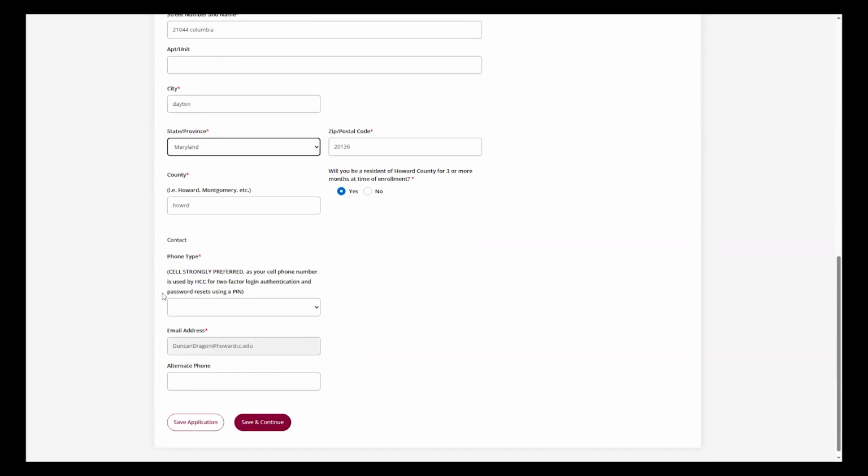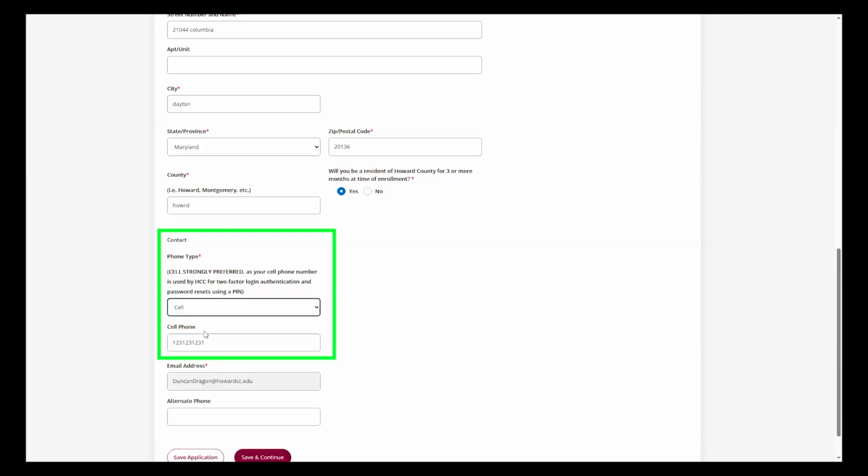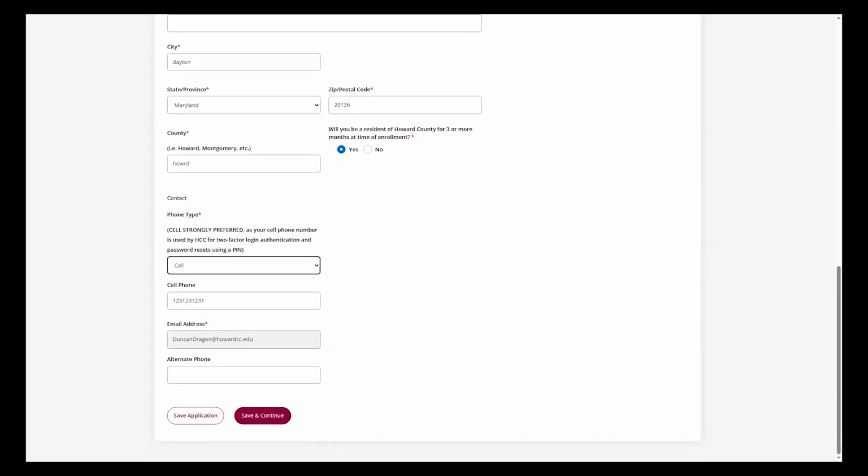For cell phone number, it is strongly preferred that you use a cell instead of a home phone, because for your HCC login ID, you will need to have a two-factor login authentication, and for password resets, it'll send you a PIN. Once you have provided that information, you can select Save and Continue.